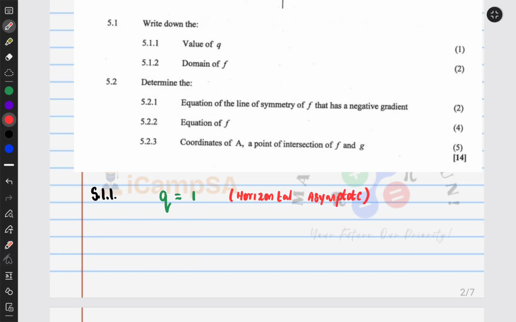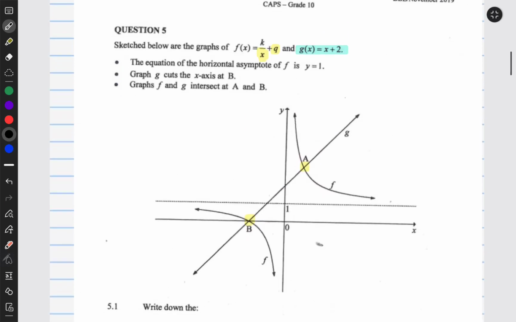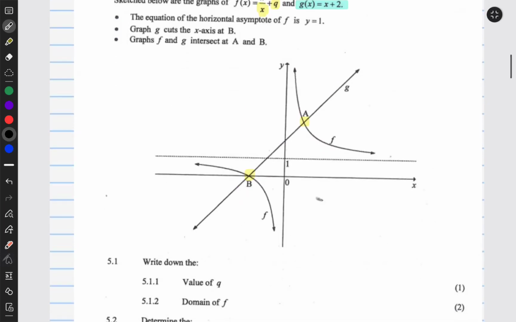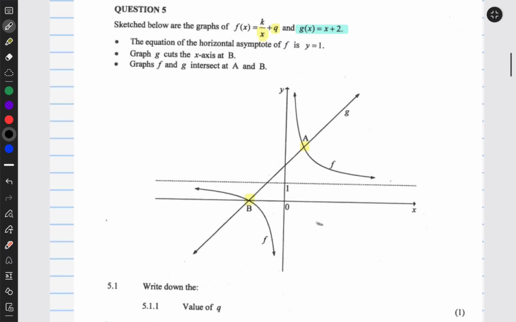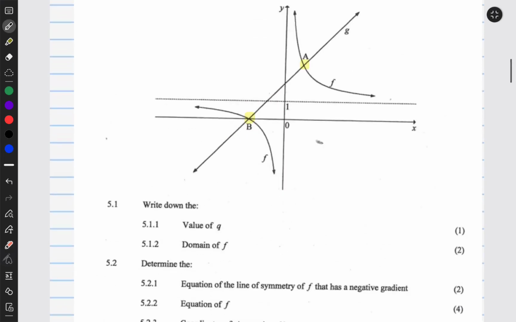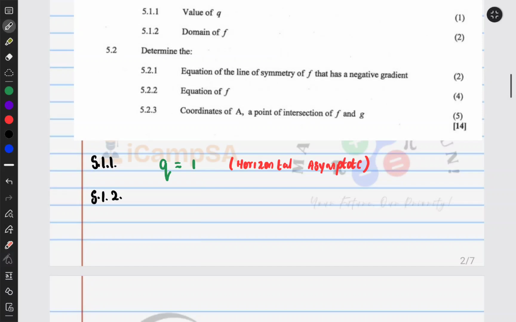Okay, and then next for 5.1.2, we are asked to write down the domain of f. When we are looking at the domain, what are we actually dealing with? We are looking at the x values. And when you look at this graph, it exists for all the x values except where x is equal to 0. So for the domain, we're going to say